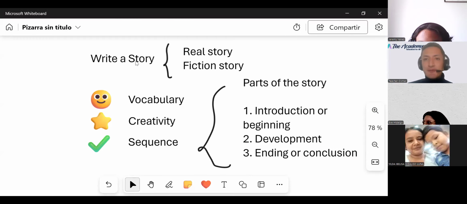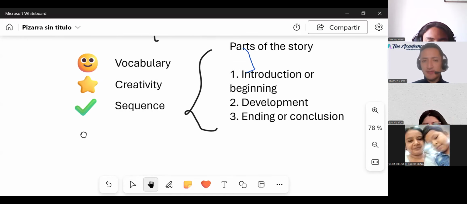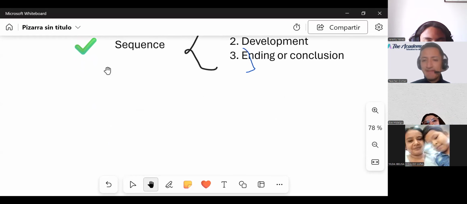Okay, for the exam, my dear students, you will have to write a story. Don't you forget that. It can be real or it can be fiction, okay? In this case, remember, you can use any of them. If you don't have a real story, let's suppose that the story is about that, okay? Let's go with that. I'm going to give you an example of an instruction for your story writing in the exam. For example, you may have an instruction like this.